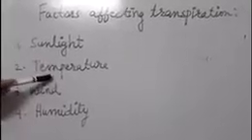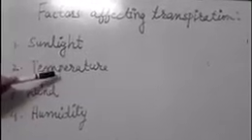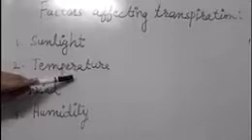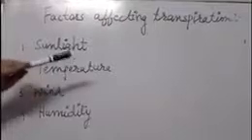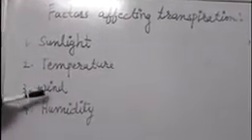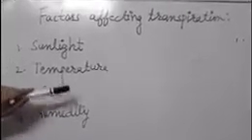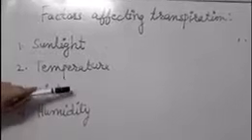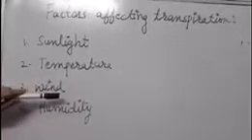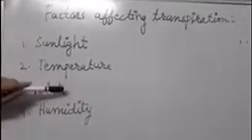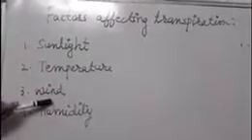The next important factor is temperature. Temperature is high during the hot summer days. Higher the temperature, higher will be the evaporation of water as water vapor. So more temperature leads to more transpiration. Next is wind. Now we all know that moving air is called wind. So when the wind intensity is high, it will remove the water vapor from the nearby areas of the leaf to the surroundings. So more water can be lost as water vapor. So higher the wind intensity, higher will be the transpiration.